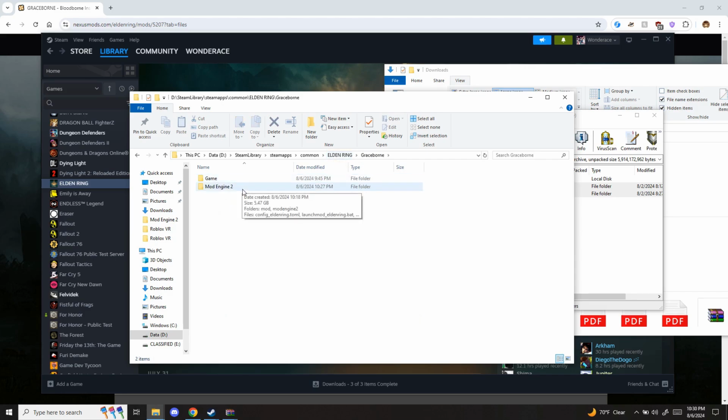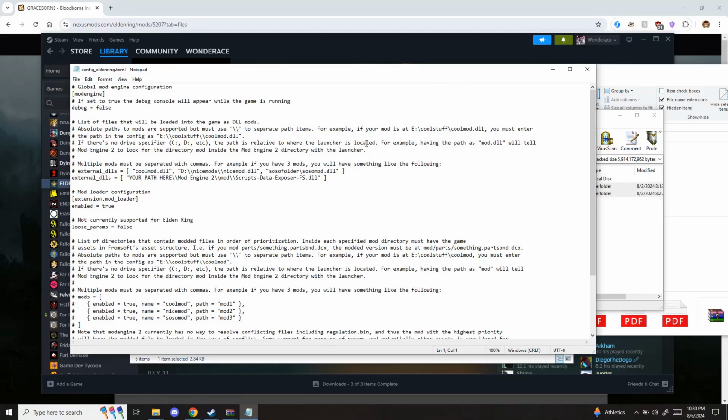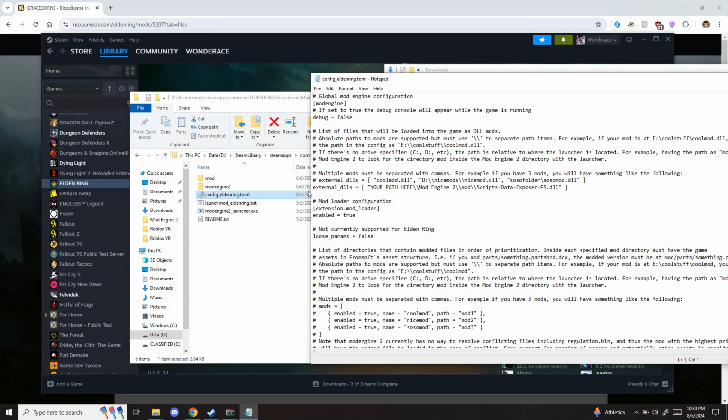After you've done that, you're going to want to go back to your Graceborne folder, click on Mod Engine 2, and edit your config_eldenring.toml. Now it's going to look like this. The only things that we're going to change here are